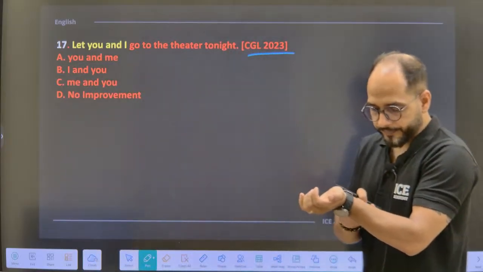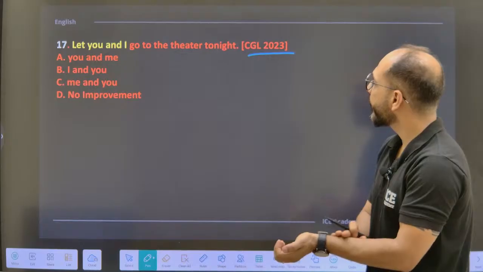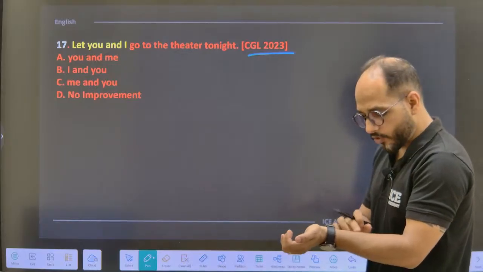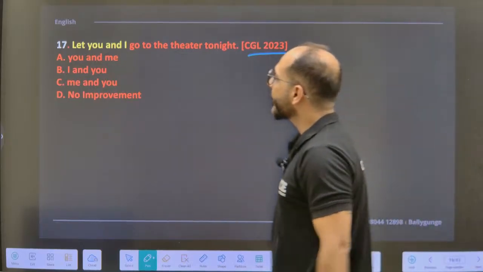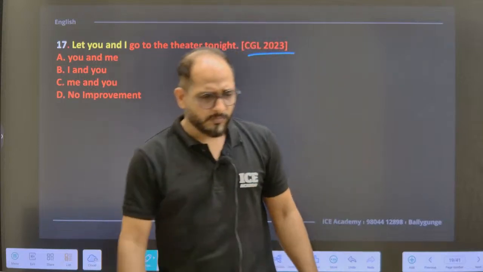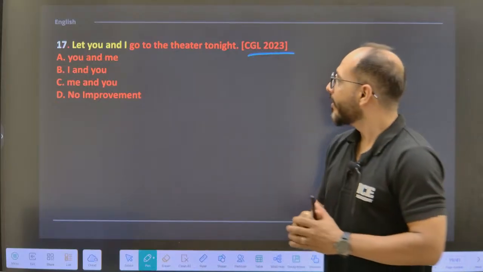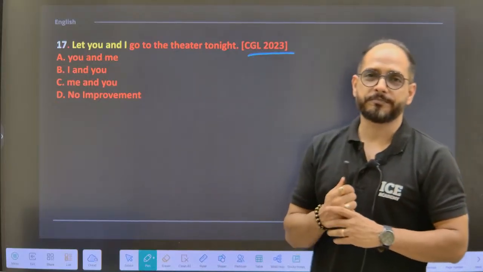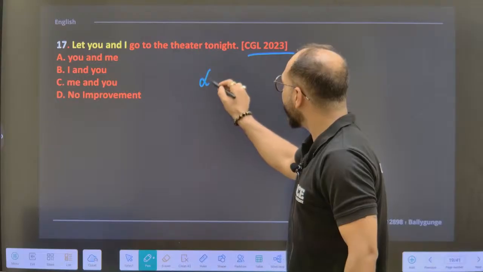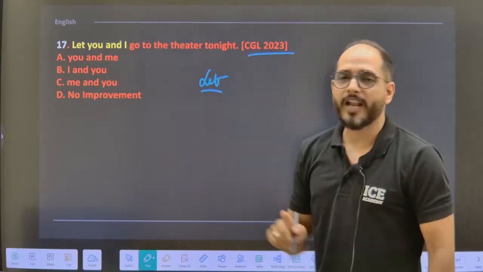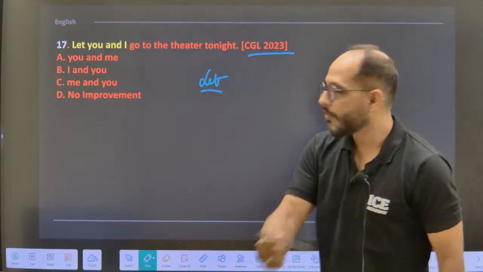চলো দেখি কি বলেছে, let you and I go to the theatre tonight. চলো আমরা থিয়েটার দেখে আসি নাকি, আজকে এমনিতেও মুভি দেখার প্ল্যান আছে আমাদের, তাই তো, মানে তোমাদের নয় আমার। তো let you and I go to the theatre. আচ্ছা look at here let, আচ্ছা but before going to that sentence let's talk about another sentence. Suppose